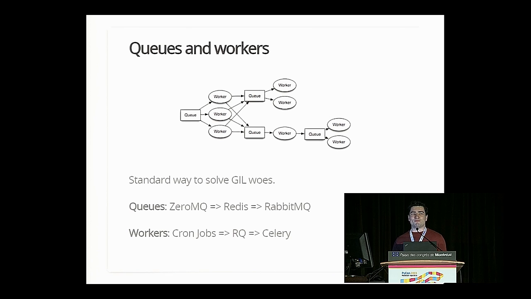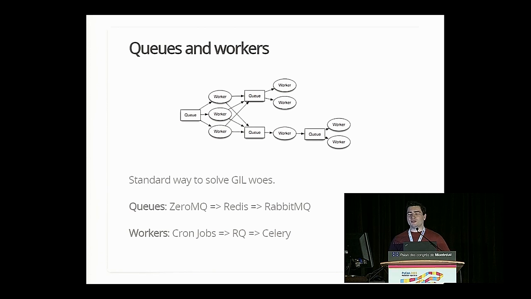How many people here have built a large queue and worker system before? How many people here really love the queue and worker system they built? Yeah, almost no one, right? So queues and workers tend to get pretty gnarly operationally, whether you're using 0MQ or Redis or RabbitMQ, and whether you're using cron jobs or RQ or Celery,